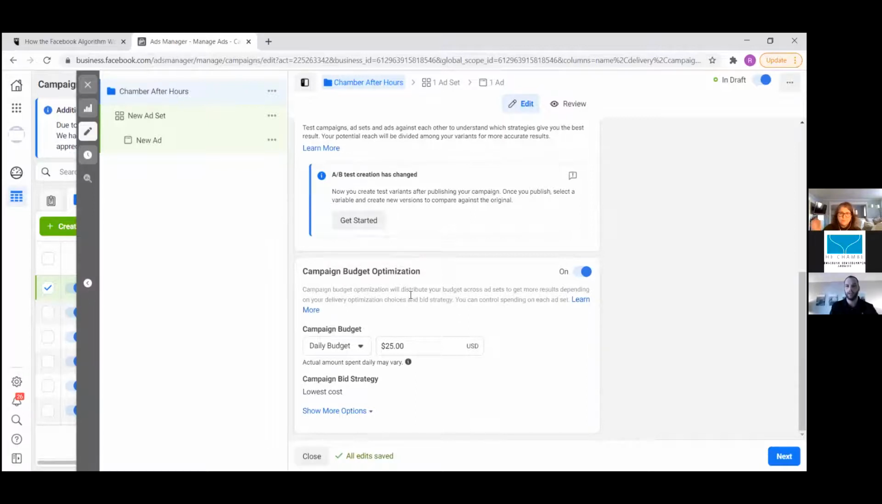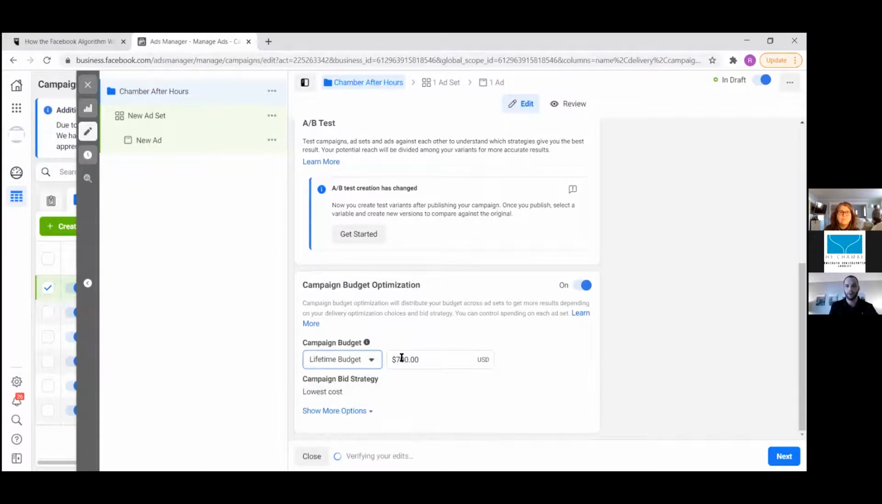Campaign budget optimization. So you can choose here between a daily budget and a lifetime budget. Let's just keep it right. I usually do lifetime budget just so I know what I'm working with here. $500. I will give you guys a rule of thumb here, and this is a good thing to write down